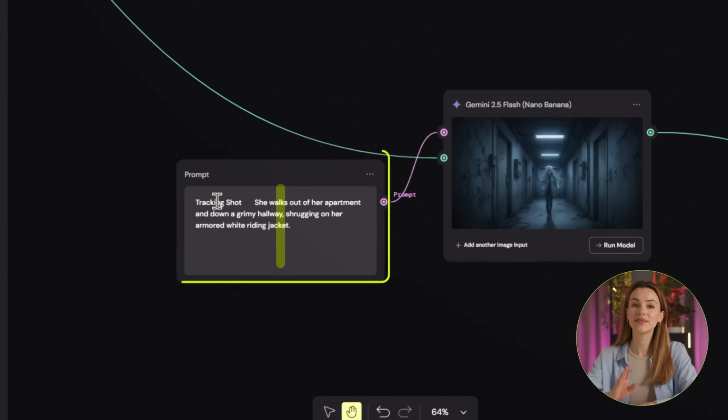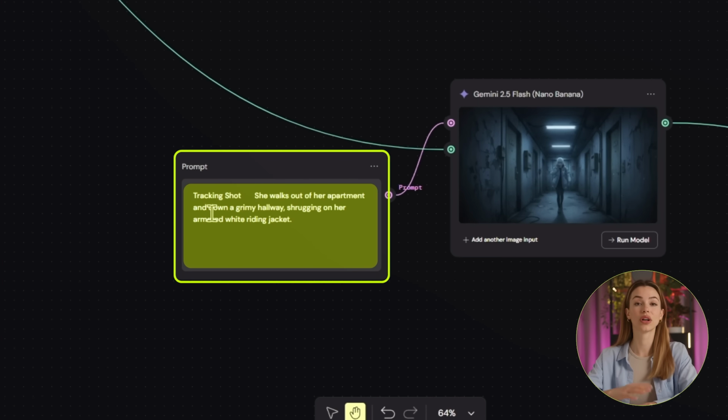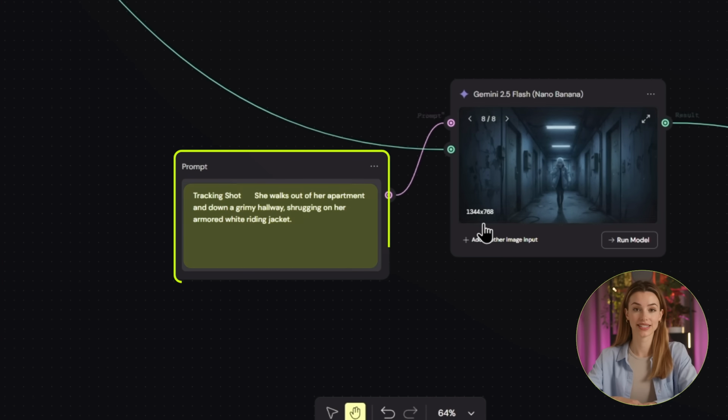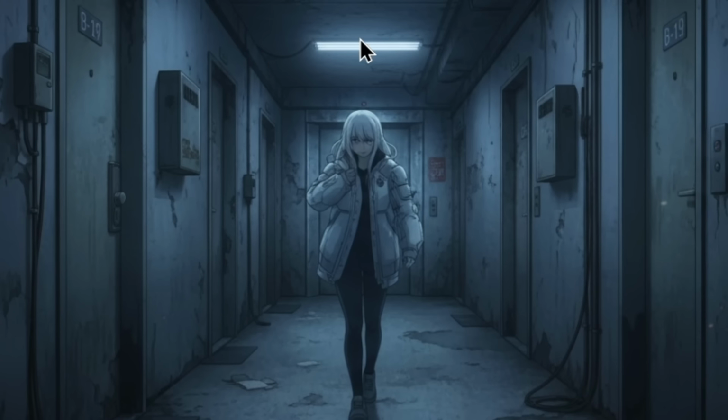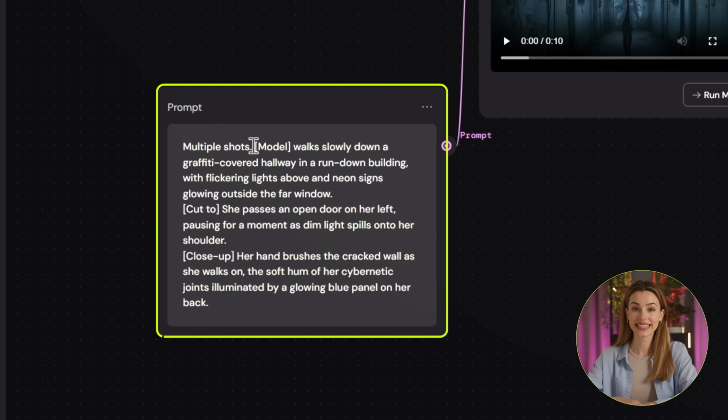Next, for shot 5, the final image of scene 1, we're creating what's called a tracking shot. The prompt is, she walks out of her apartment and down a grim hallway, shrugging on her armored white riding jacket. Nano Banana gives us the exact image we need, and I feed this image to Seedance with the prompt,